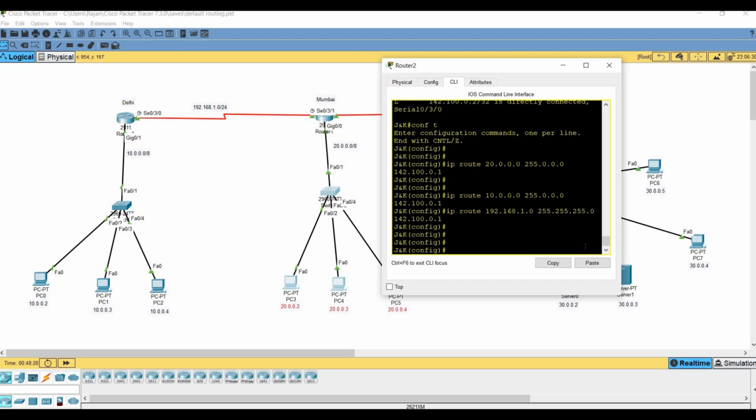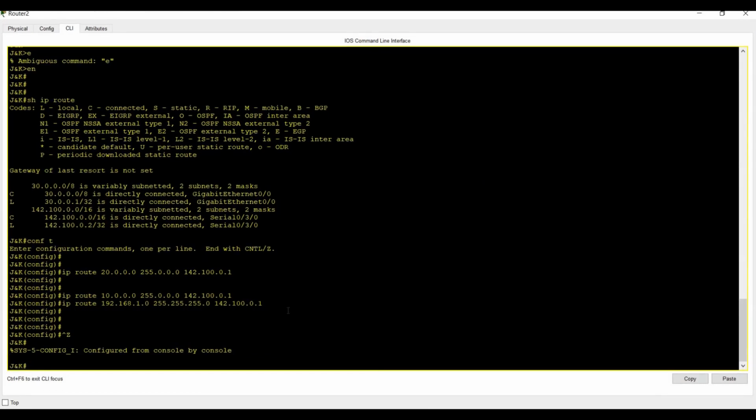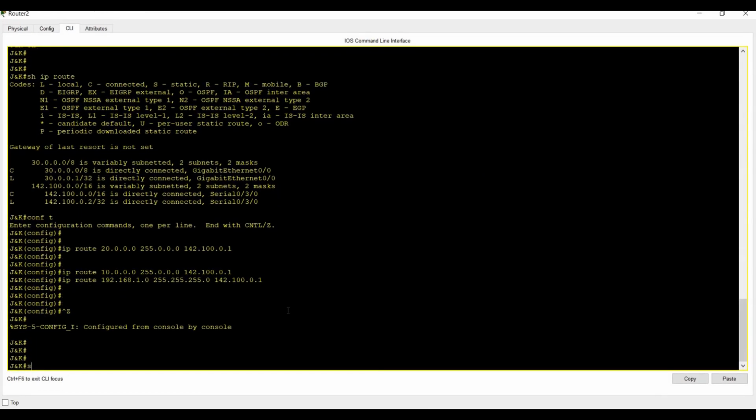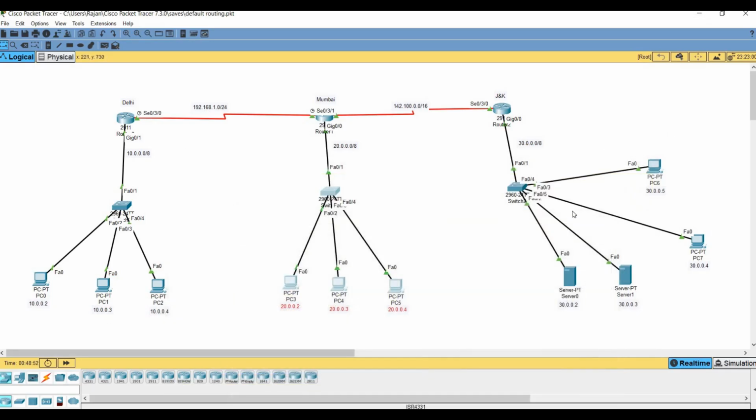Enter, Ctrl Z. Let's check. ip route. Here you can see the routing table is added. Now in the routing table the 10 network, 20 network and 192.168 network are available. Now we can ping from any system to any system.